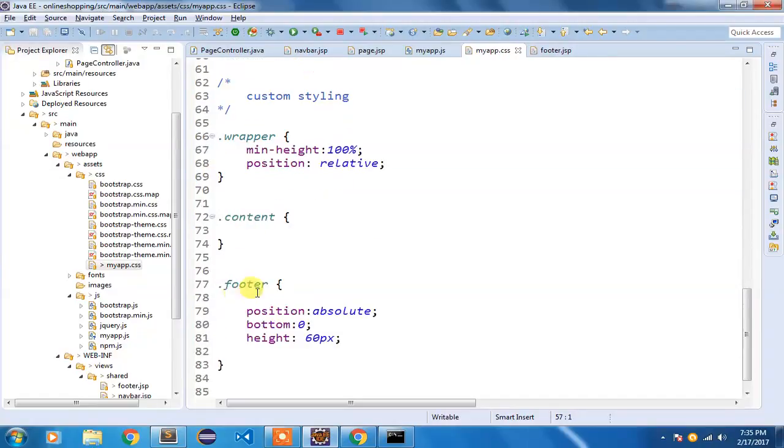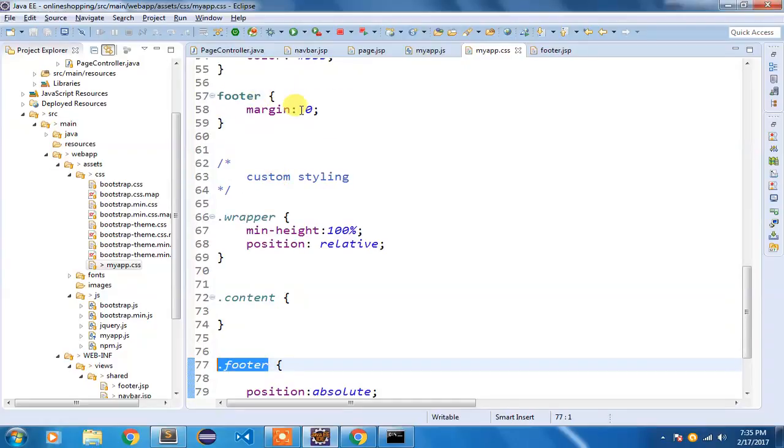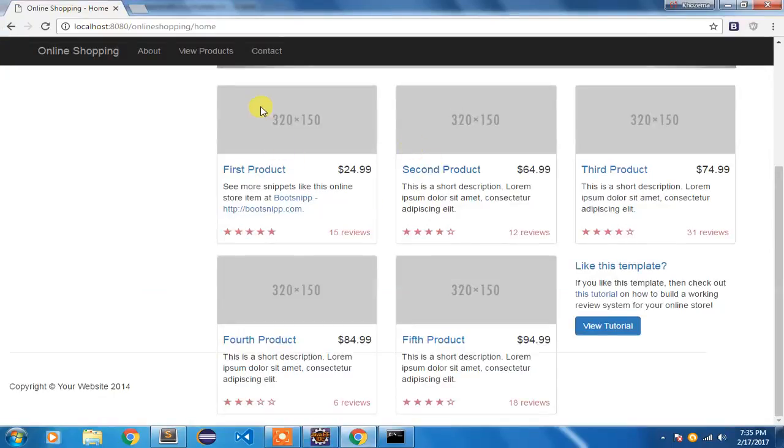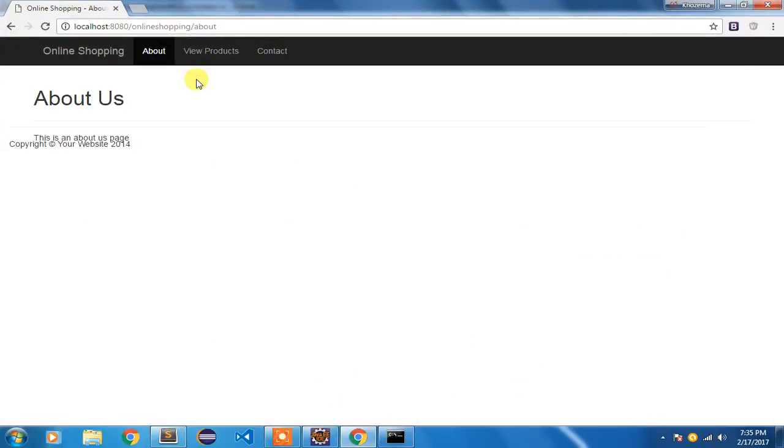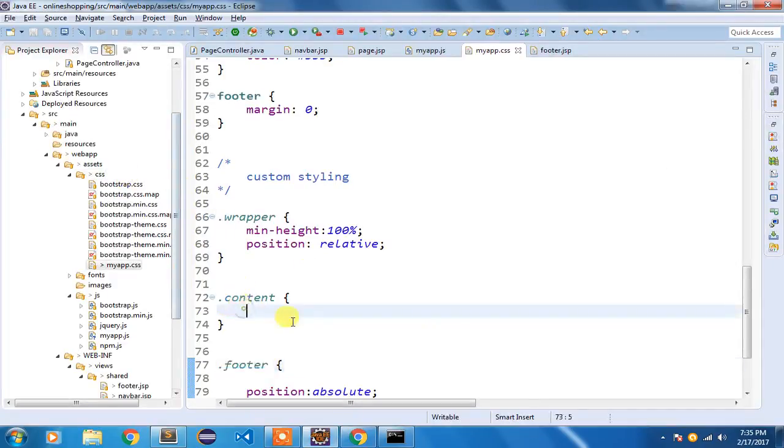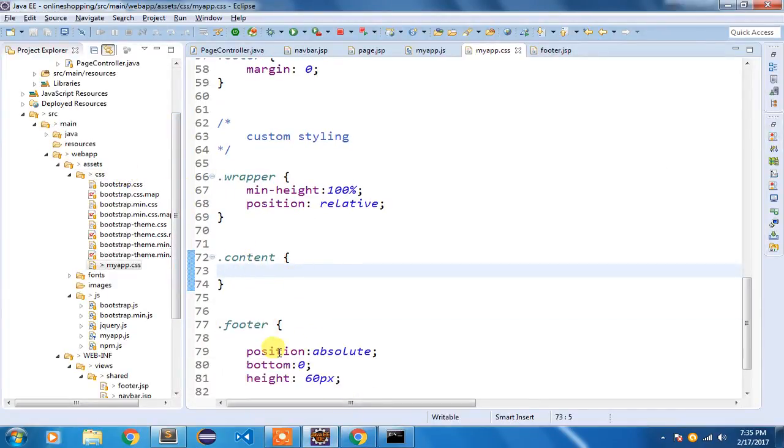So I'm assigning margin as 0. Now if I refresh again, going to about, Ctrl F5, that extra spacing has gone. So height and everything has been assigned. Now if I write here, position absolute, bottom 0 and height 60 pixels, and I'm going to say padding bottom is 60 pixels, which is nothing but the height of the footer.